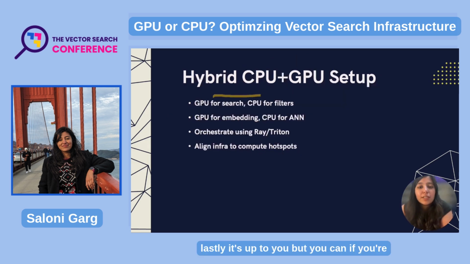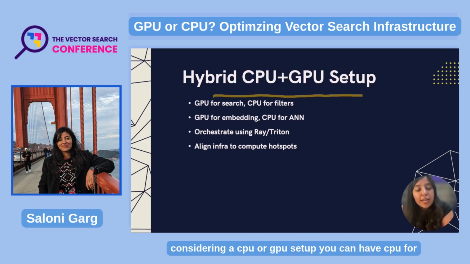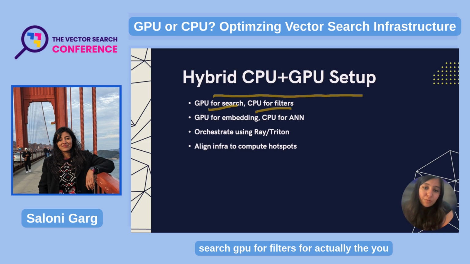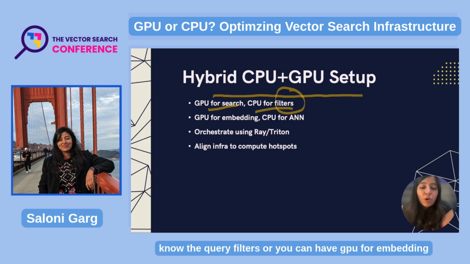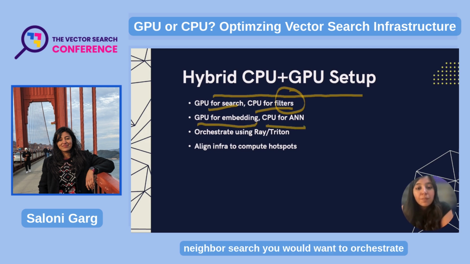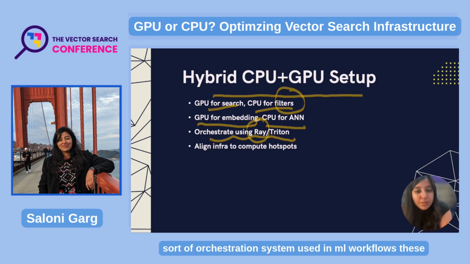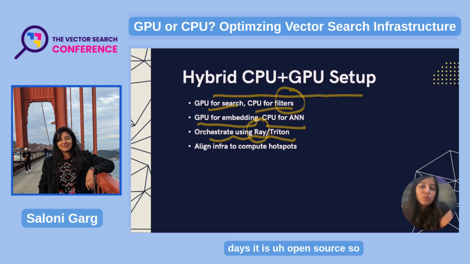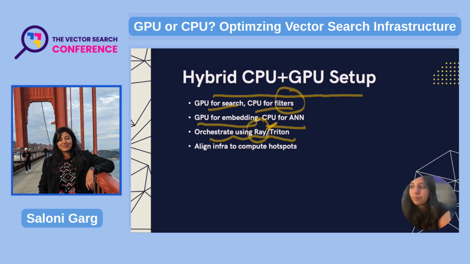Lastly, it's up to you, but if you're considering a CPU or GPU setup, you can have CPU for search, GPU for the query filters, or you can have GPU for embedding generation and CPU for ANN, or approximate nearest neighbor search. You would want to orchestrate them using Ray. Ray is a super popular orchestration system used in ML workflows these days. It is open source, so it is a really good way to orchestrate your whole ML pipelines using minimal coding. It offers a lot of modules that have a lot of functionalities